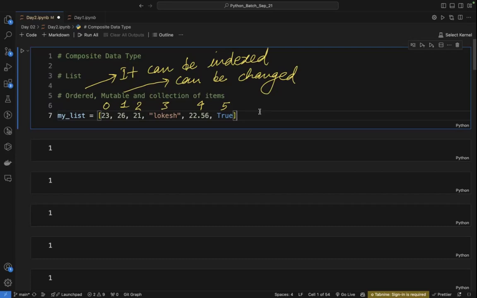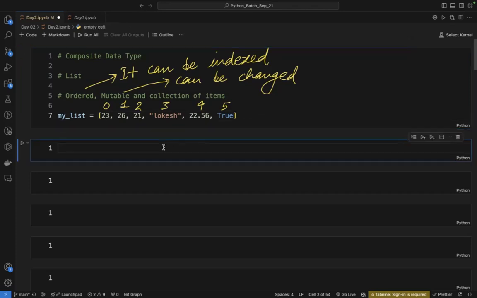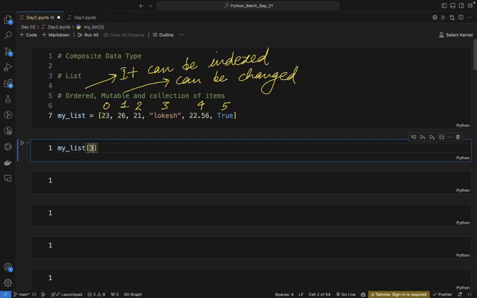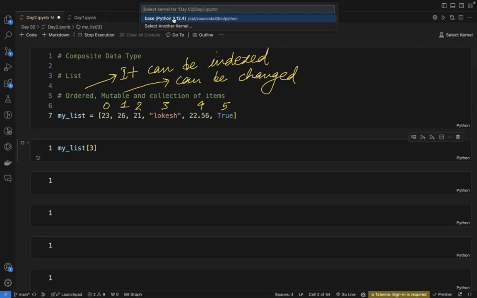Now let's do one by one. I want to access the elements of a list. Since it is ordered, it has a particular location or index value. So we can access any data inside a list with the help of the index position. Let's say this is a list and I want to access what is present at index 3. So we can write 3 here and if I run this, I will get